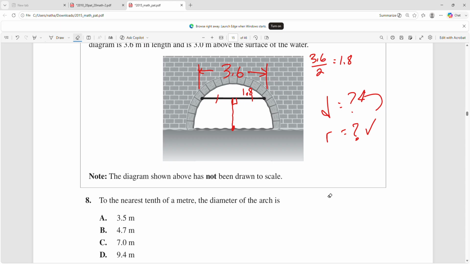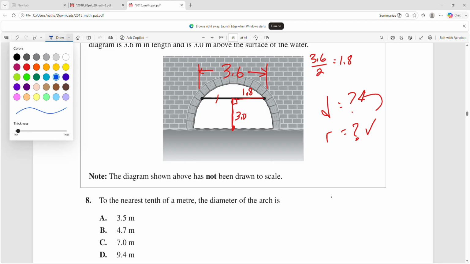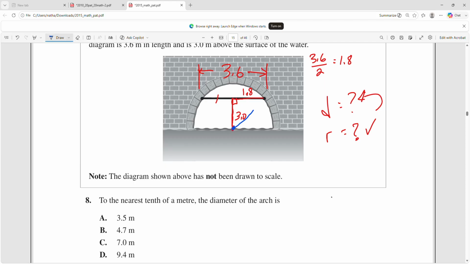Okay, so I know this length, and they said that this is 3 meters above the water. So I've got a line here meeting at a right angle here. Great. Seems like I can draw a triangle. So if I go from my center of my circle to a point on the circle, that's my radius. So guess what? I can solve my radius now using Pythagoras. That's my long side, so I'm going to make that r squared. It's the long side, opposite to my 90-degree angle. So r squared is